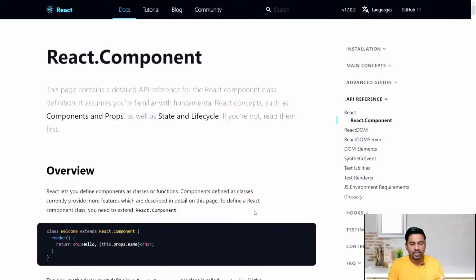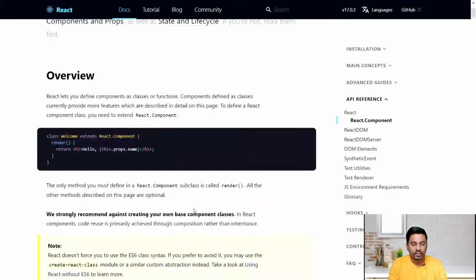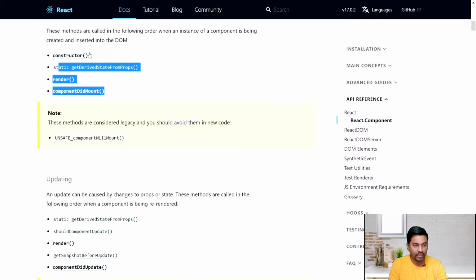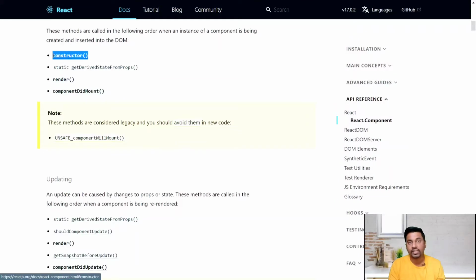Before we see most of these phases, let's see where exactly this is being used. In the mounting phase, the first method given here is a constructor. In a normal function you usually don't see any constructor; you write a constructor when there is a class.